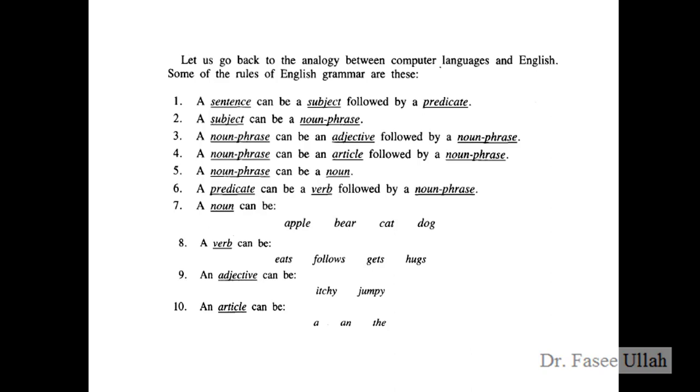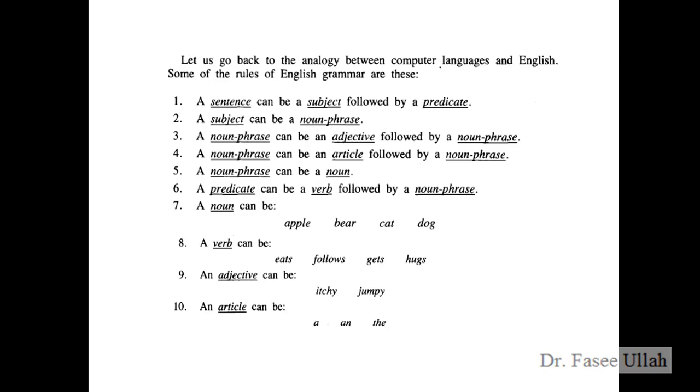Let us have some analogy. Analogy means how it works, how the steps are involved in the generation of computer languages, and in English as well. So we have certain rules for English grammar, which are very well known. For example, how we can identify whether we have a subject, a verb, a noun, an adjective. So we have certain examples on that.